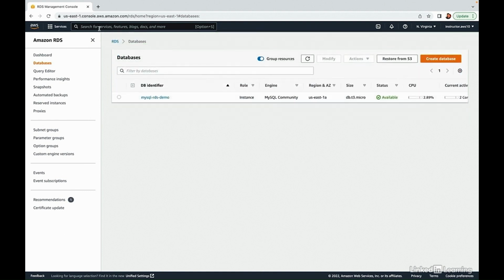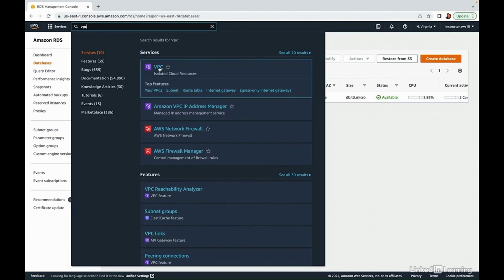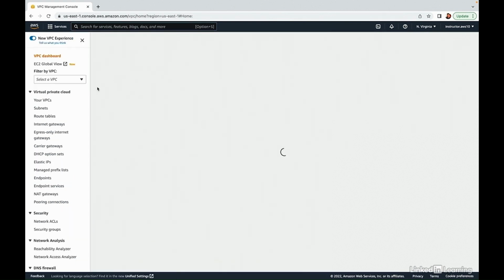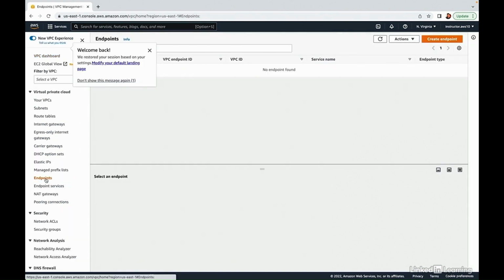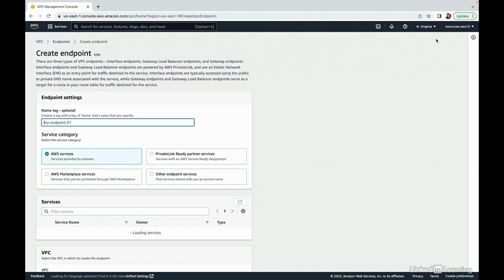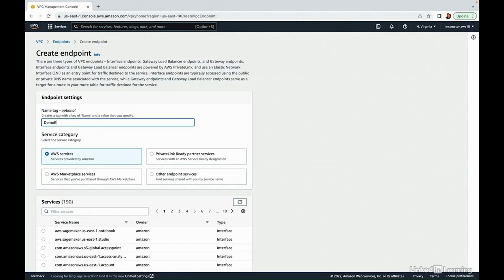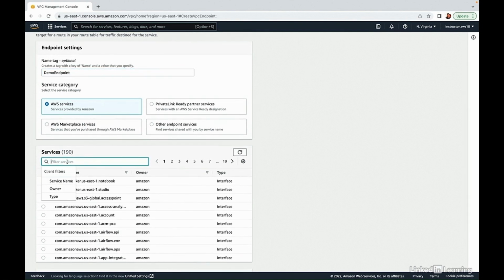Our next step is going to be in the VPC section. So I'll search that and click into VPC. Over here on the side, I'm going to Endpoints. Now create endpoint. Alright, we'll just call this demo endpoint for now. Keep AWS services clicked here, and go down and filter by the words S3. We'll choose this middle one,